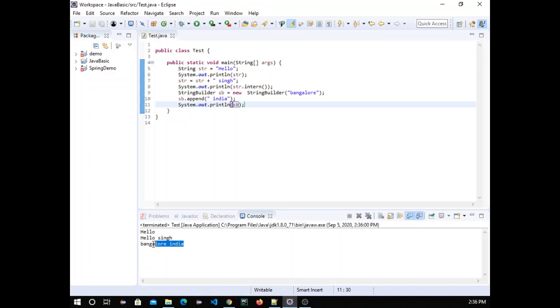Bangalore, India. So it got concatenated, meaning this variable got updated, but this time it's not creating another variable. The existing one itself got updated. Previously it was creating new ones multiple times. So this is the advantage.